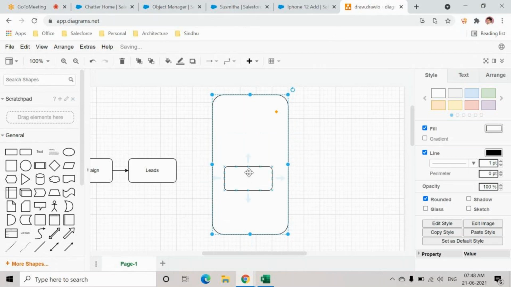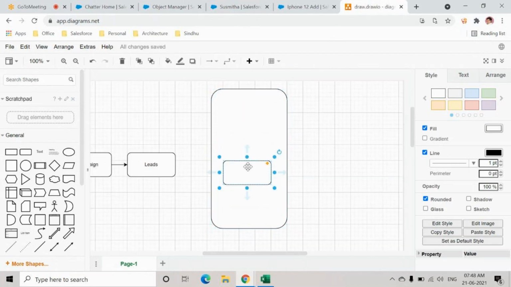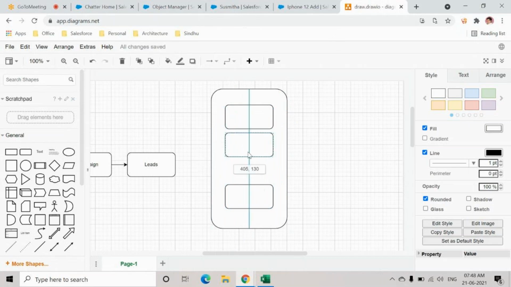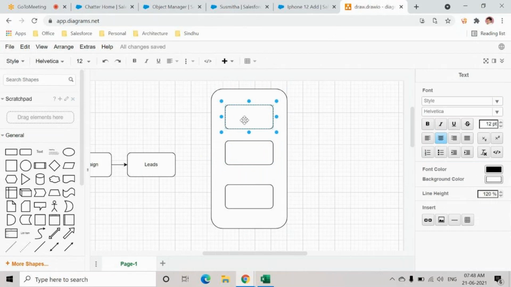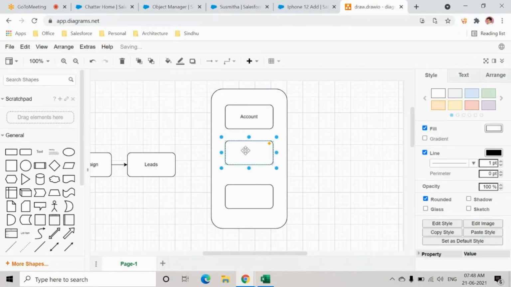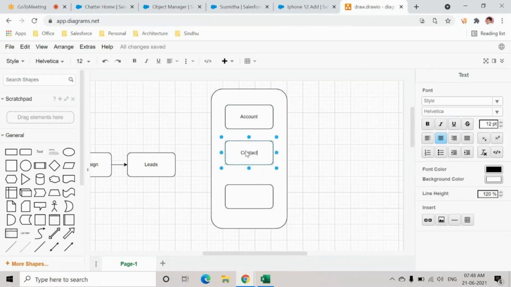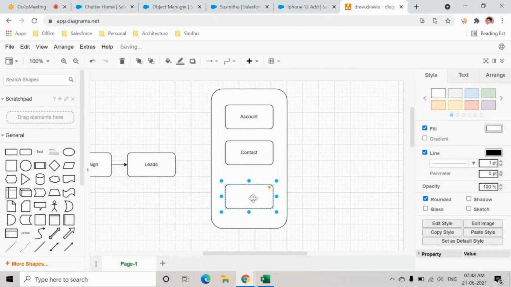One is account, contact, and opportunity.